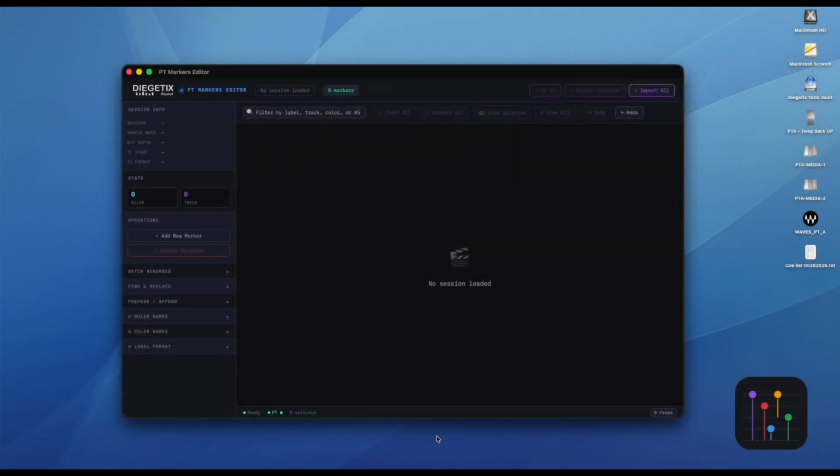PT Markers Editor is a native macOS application built for modern professional audio and post-production environments. Designed to simplify complex marker management workflows, the application allows users to view, edit, organize, and export Pro Tools memory location markers without needing to work directly inside Pro Tools itself. Built using the Pro Tools Scripting SDK, PTME integrates directly with Pro Tools to provide a fast and efficient workflow